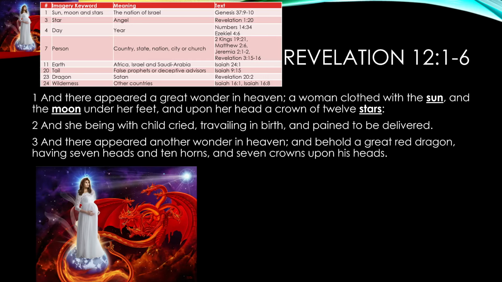And there appeared another wonder in heaven. And behold, a great red dragon having 7 heads and 10 horns, and 7 crowns upon his heads. From our list of imagery keywords, we know that the red dragon symbolizes Satan. We will speculate that the 7 heads with crowns of Satan symbolizes 7 major areas on earth, over which Satan rules. Those may be the following: